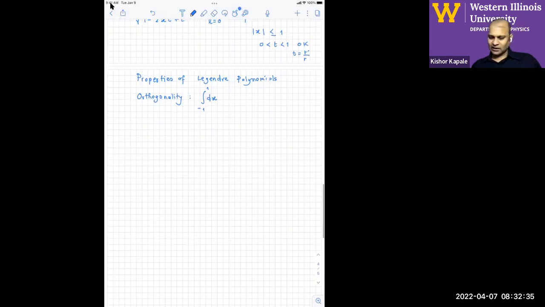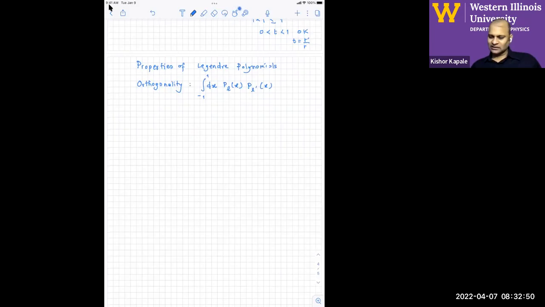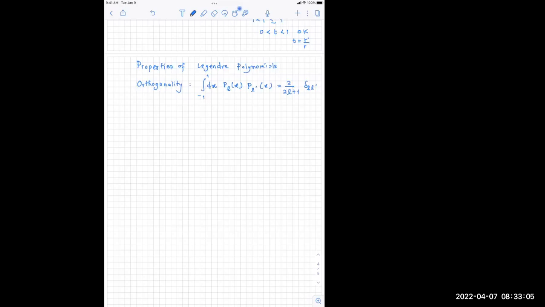That is a standard procedure for expressing a general function in terms of a function whose properties you know. The important property is orthogonality: if you take two of the PLs with the same index, you get a non-zero integral. If they have different indices, the integral is zero. That is, they are orthogonal, just like in the case